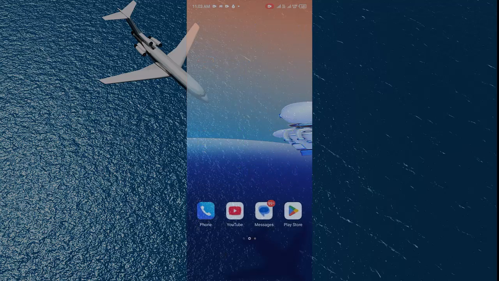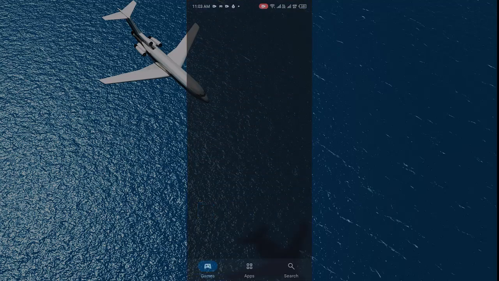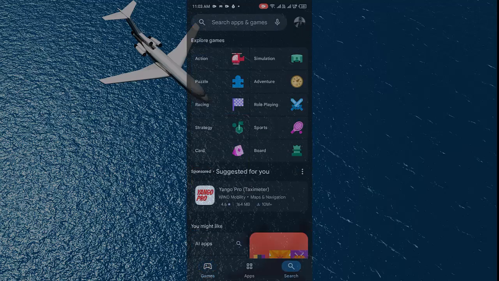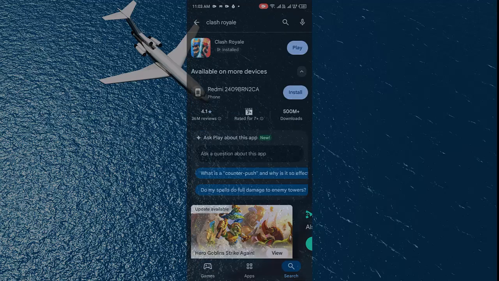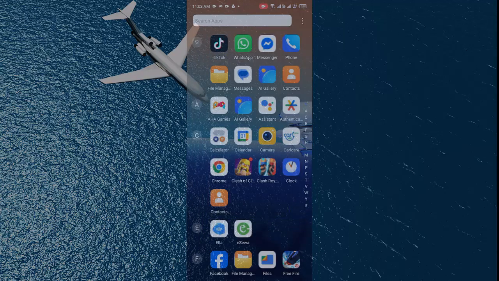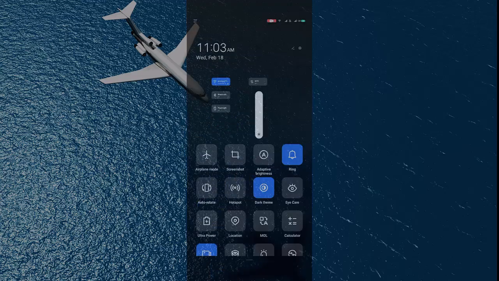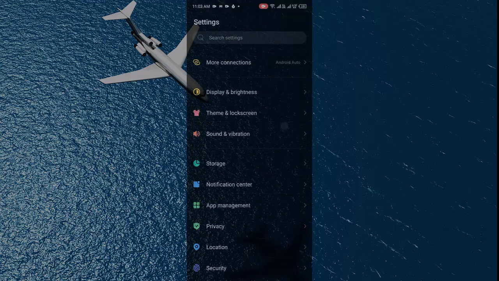If that doesn't, then also check whether any update is available for the app or not. If you are an Android user, go to the Play Store. If you are an iPhone user, then go to the App Store and search for the app. After doing all this, if you see that an update is available, then update it and check whether your app is working or not. If it is still not working, then go to your device settings and go to